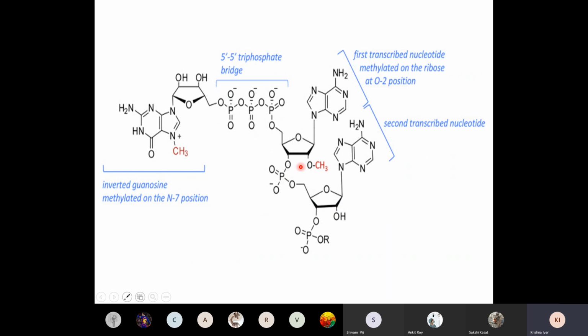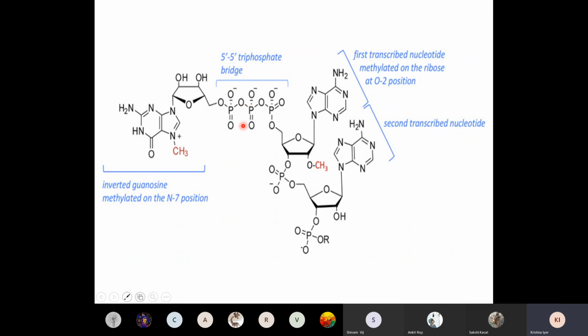So, if you see, this is the RNA, and this is the 5' end. The 5' end is CH2OH. So, to this 5' end is added this methyl guanosine nucleotide. See this methyl on the 7th position. This is a base which is guanosine. This is the sugar, and these are the 2 phosphates. Actually, originally it was a triphosphate, but out of the triphosphate, 2 phosphates are retained, and this is a phosphate at the 5' end of this RNA, and they are joined together to give you a very interesting 5'